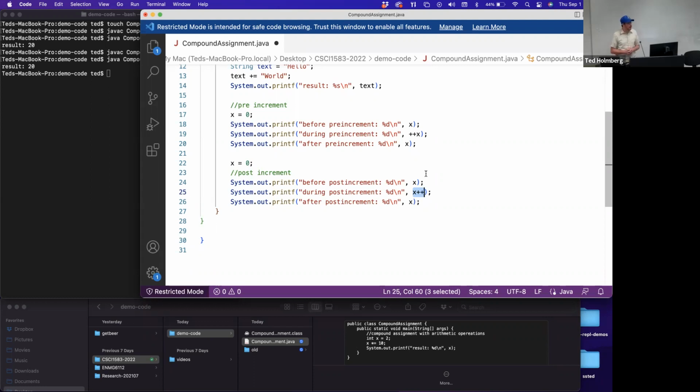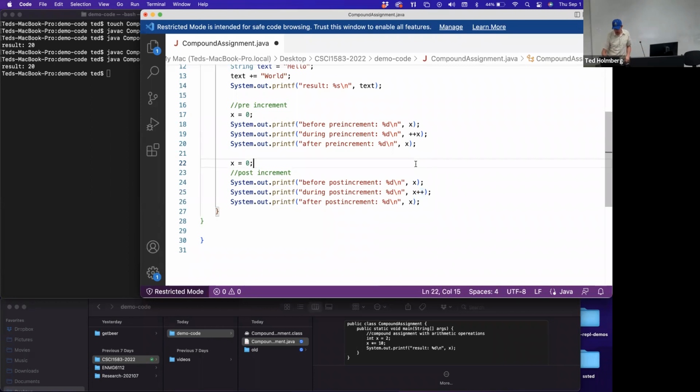I'll give a small hint. If there's only one thing on the line, it doesn't matter. If it's plus plus X or X plus plus, it's going to add 1 to the value of X. The difference is if you're doing more than one thing in that statement, you can prioritize when that X increases by 1,